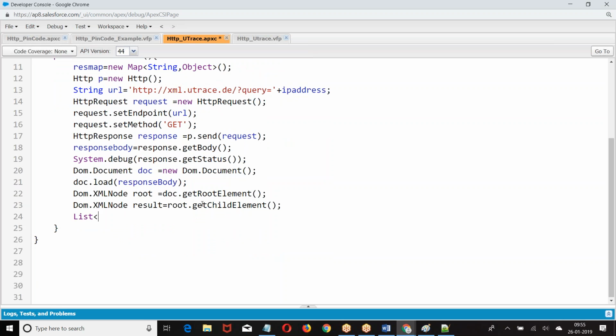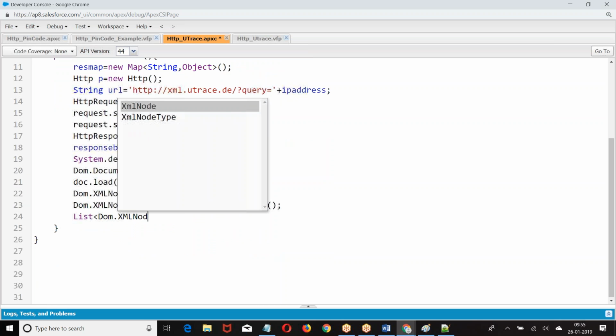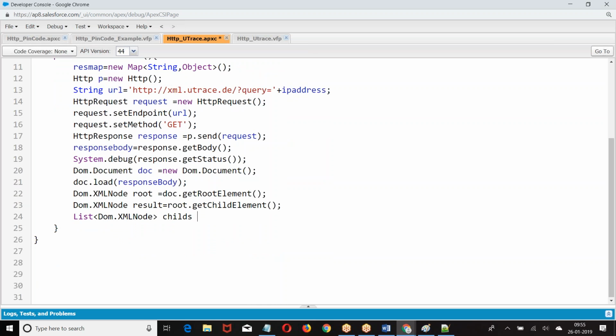Then we are going to get a list of DOM dot XML node. Take a loop. Then result map dot put c dot get name. What is the value?